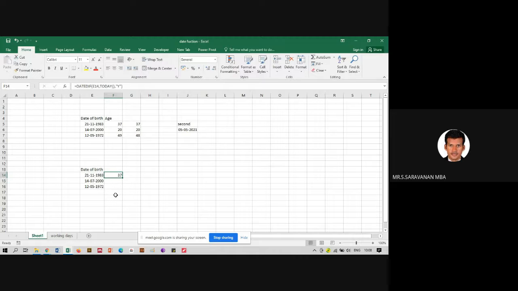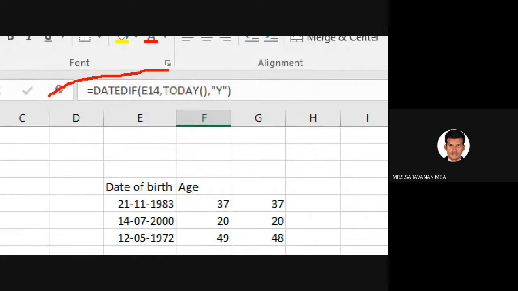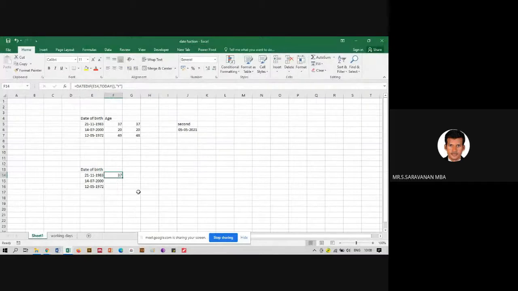Okay. So based on today's date, see, based on today's date, it has calculated the number of years of the person. Okay, this is one way of doing it.